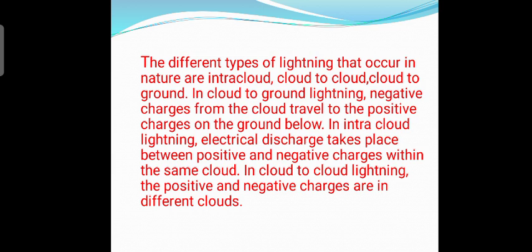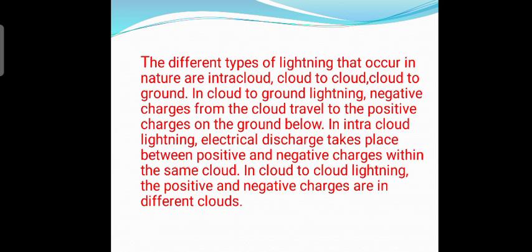In cloud to ground lightning, negative charges from the cloud which are present at the base of the cloud travel to the positively charged objects present on the ground. In intra-cloud lightning, electrical discharge takes place between the positive and negative charges within the same cloud.